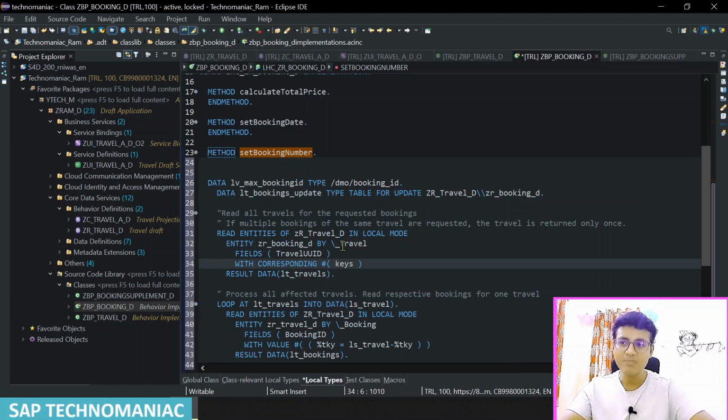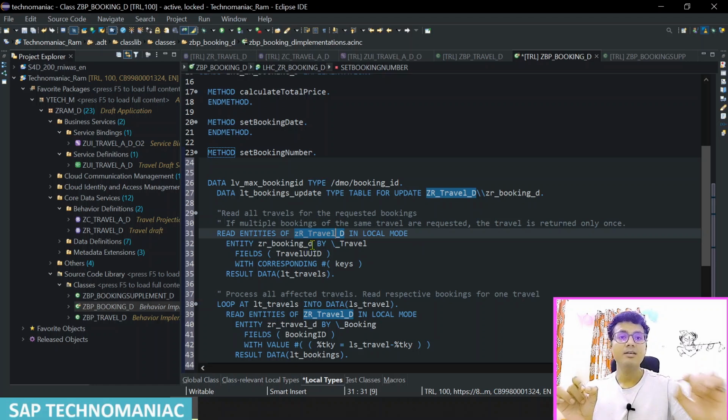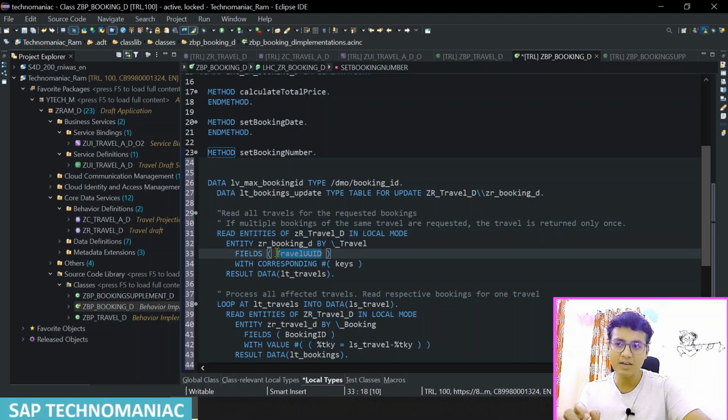So that is the reason, using these keys, booking UUID numbers, I read this particular travel entity, or we can say travel BO. In local mode we have to do it, obviously we are reading locally. I want to read the booking ID with the association. So I will get for this booking what is the travel. That is the reason I used read entity by association, and I got the travel UUID,